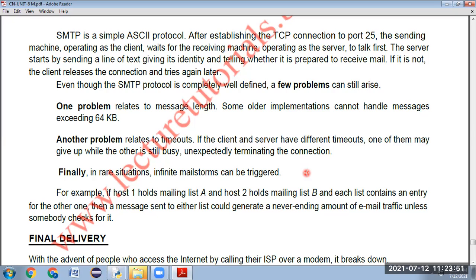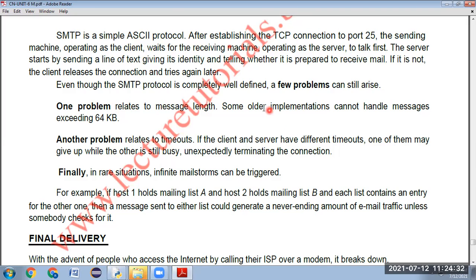So what will happen? If the server can't give a reply within 5 seconds, the client will close the connection. It will shut down. It will terminate the connection if the reply isn't given within 5 seconds. At the same time, what will happen? The server machine will wait for 10 seconds. Even though the client has terminated the connection, it will wait for 10 seconds. Since its timeout period is longer, it will wait even though the other one is busy with other work. The timeout differences will be there. That is another problem.